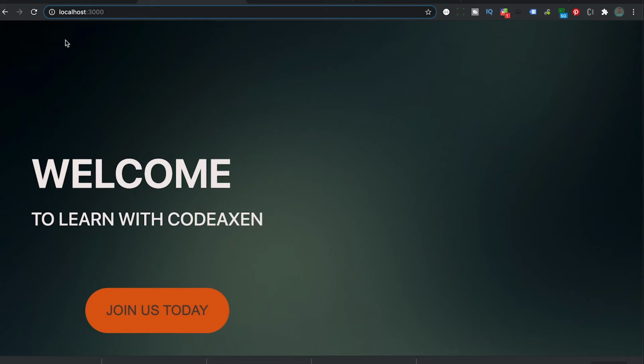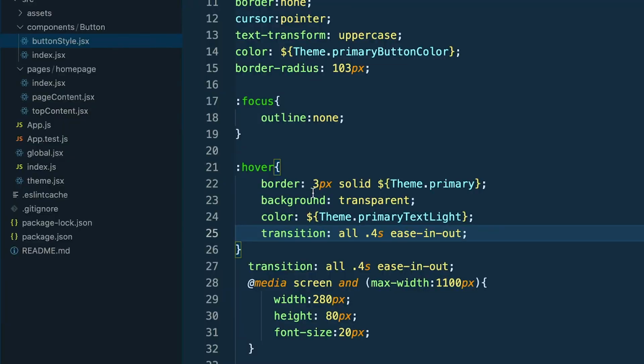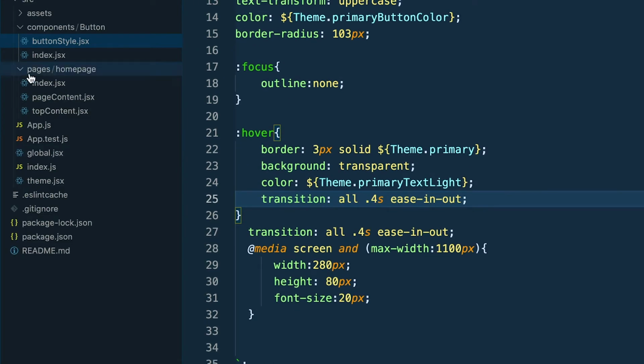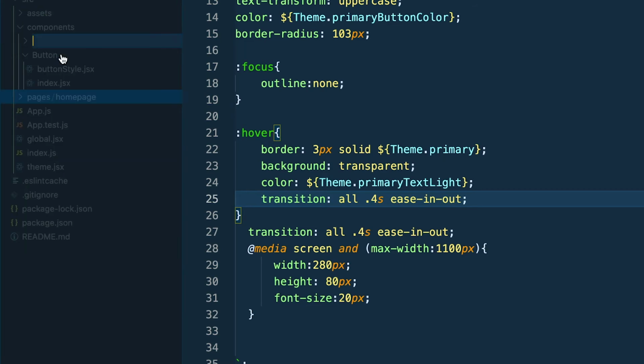Okay, so now let's go and work on our nav bar here. So if we go to our design, we are going to be adding our logo and also these menus to our page. Okay, so let's do that. To do so, we'll need to create a component for our nav bar. So we'll go into component, create a folder called nav bar,